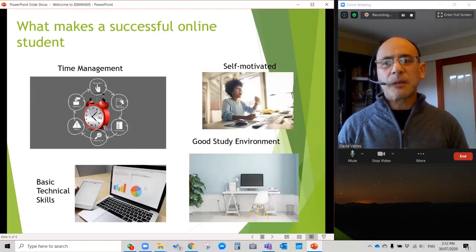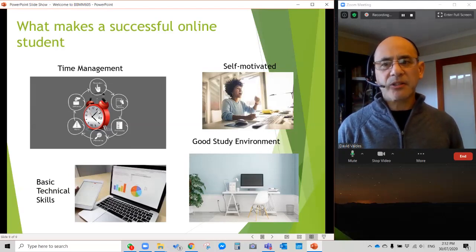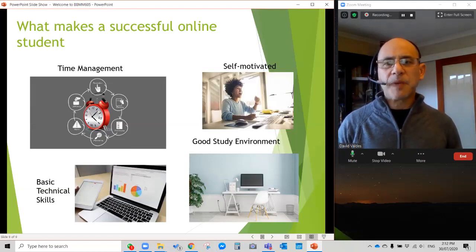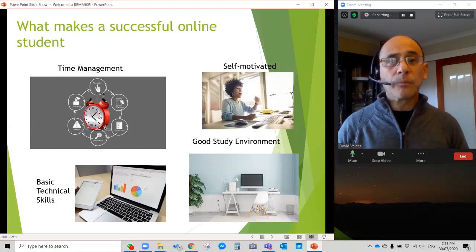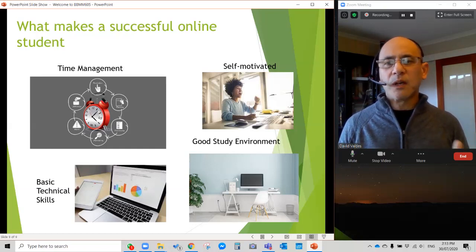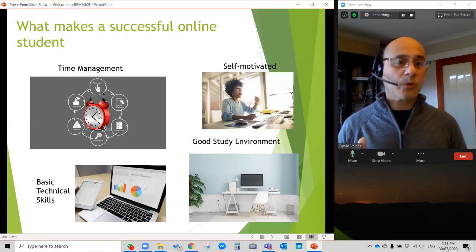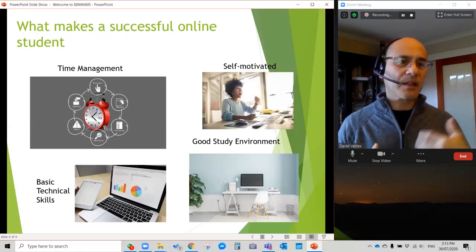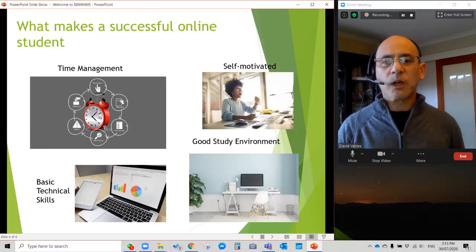You need to have basic technical skills, as mentioned before, basic computer skills, knowing how to save a file, knowing how to upload a file onto Moodle, download a file and read it. I'm sure these things are not new to you, but again, if there's any help that you need in terms of navigating your way through Moodle, or perhaps you don't know how to use a computer, I can help you as much as I can. Or if not, then I can point you to somebody who can help you out.